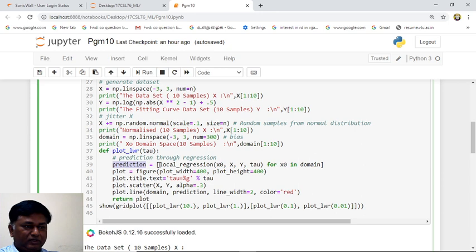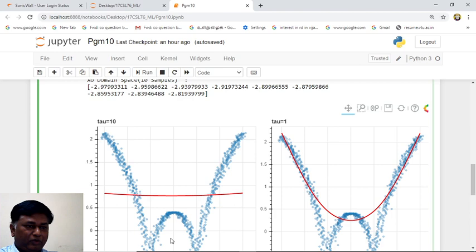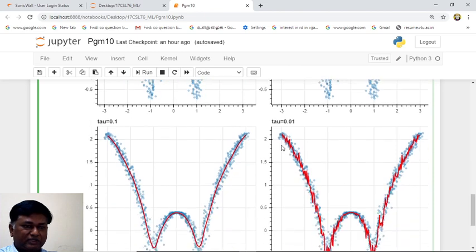Prediction. This is calling your locally weighted regression function. How many times? 300 times it is calling, because 300 points will cover your entire 1000 points. So for overall 1000 points, you can see these are 1000 points. For the 300 bias points, one line will be drawn. We can understand by seeing the last one. See, this is one line.